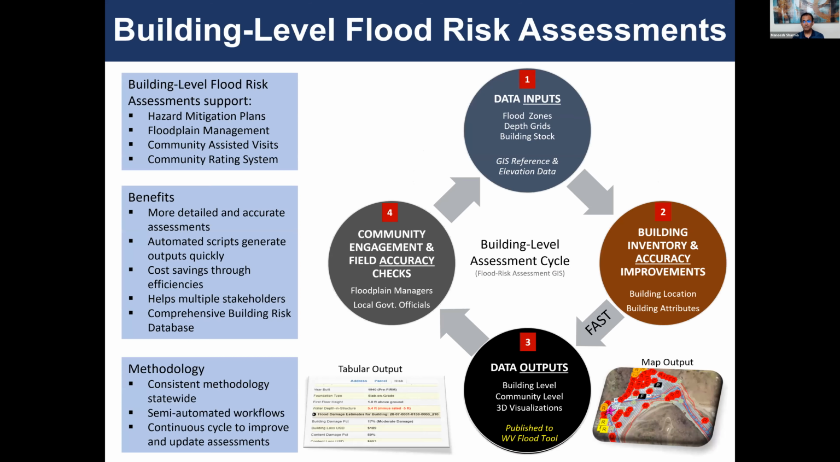the data set. So this is a diagram showing what I talked about earlier. The data inputs are the flood zones, depth grids, and building stock. Then we try to improve the accuracy of those. Then we run it through FAST, the data output comes out, we publish it on Flood Tool, and the tabular outputs are there. So with all this output, then we are doing